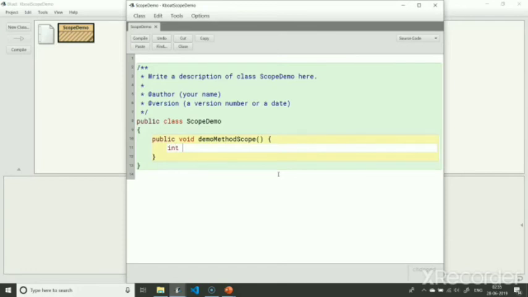I'm declaring an int variable, local variable 1, and I will initialize it with a value of 10. I will add an if statement to create another scope.